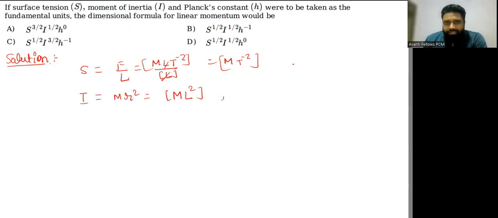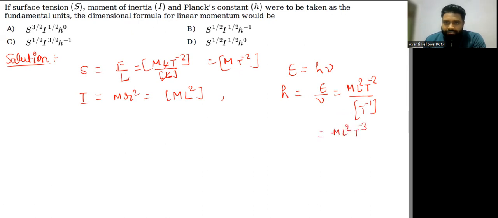Now, the Planck constant is given by the formula E equals h nu, where nu is the frequency. So h is equal to E by nu. Nu has a dimension of 1 by t, per second, and E has a dimension of energy, which is ml square t minus 2, divided by 1 by t, or you can say t minus 1. You take it upside, so you will have ml square t minus 3. So based on these 3 dimensions, this is dimension number 1, dimension number 2, dimension number 3, you have to calculate